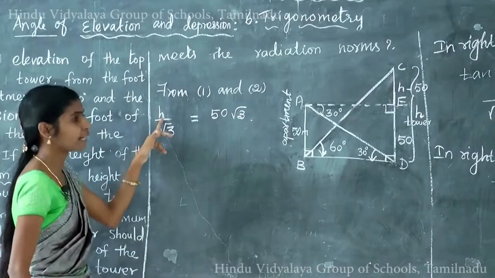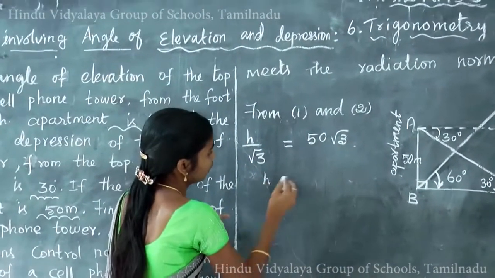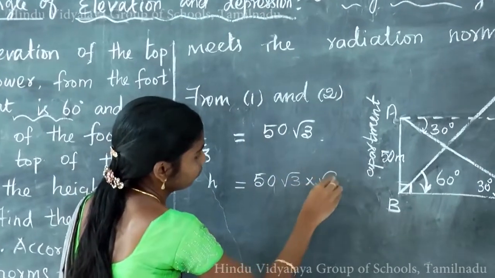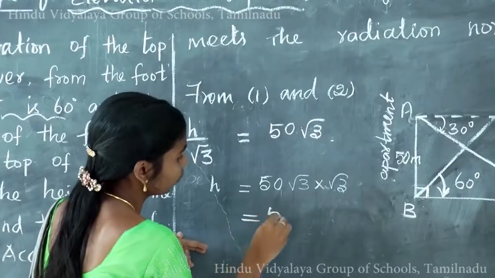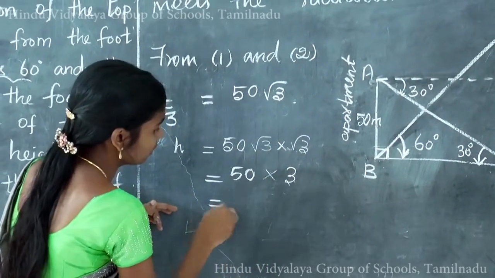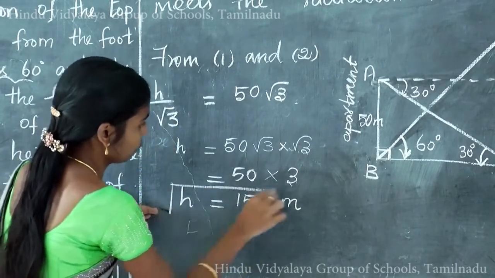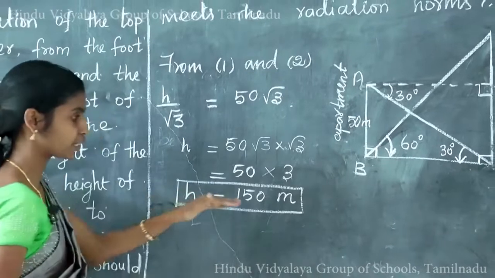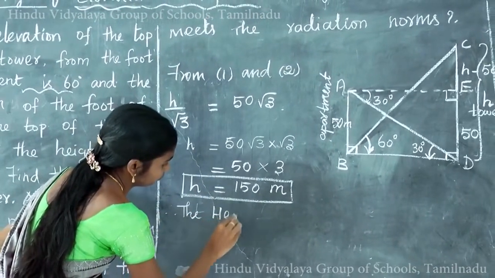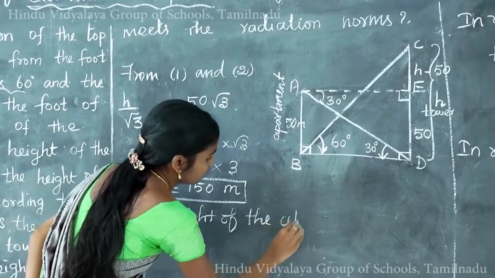So we need to find the value of h. So bring root 3 to the right hand side. So h is equal to 50 root 3 into root 3. That is 50 into root 3 times root 3 is 3. So h is equal to 150 meters. So what is h? That is the height of the cell phone tower. Therefore, the height of the cell phone tower is